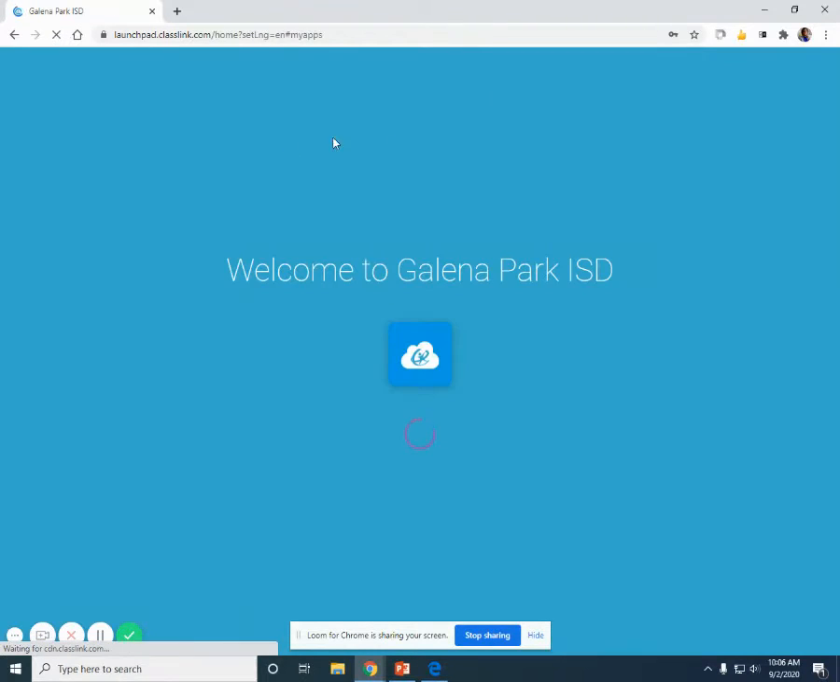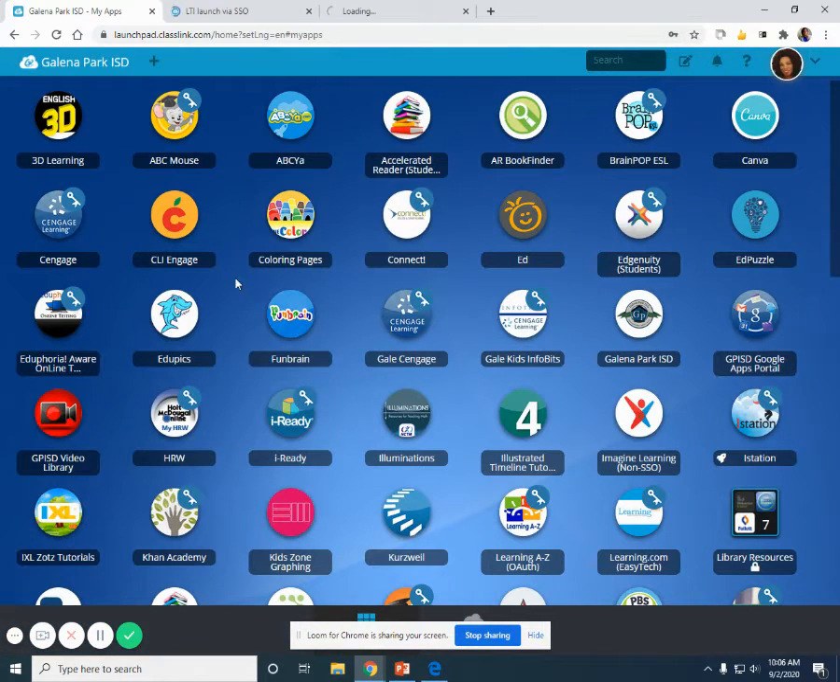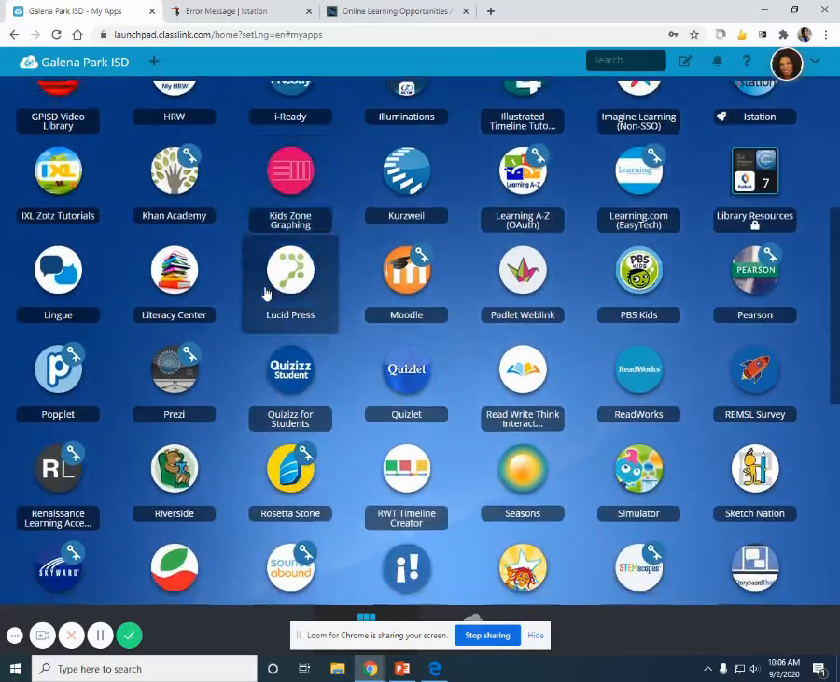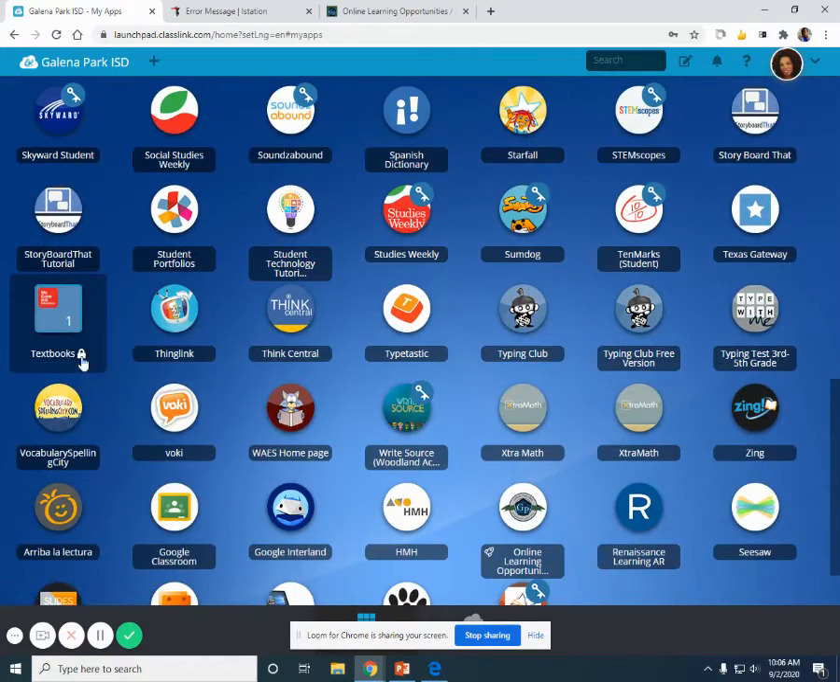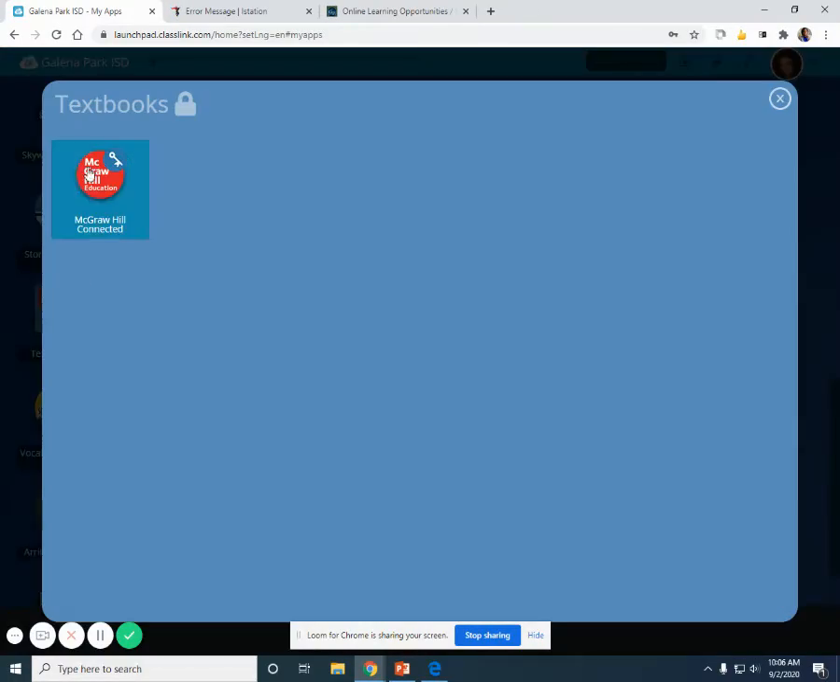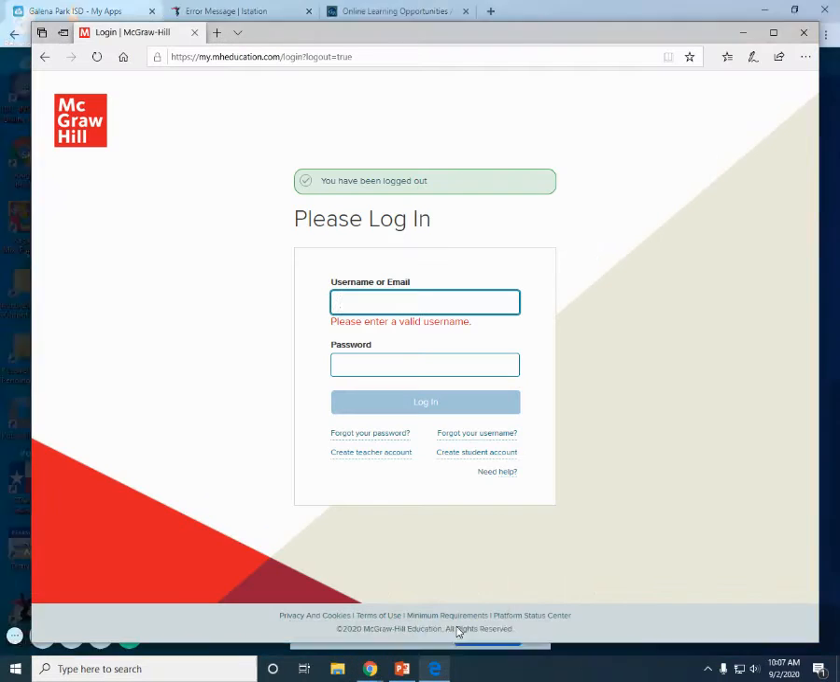Sign in. Once you're signed in, you'll scroll down to your textbook. Here's our textbook, McGraw-Hill Education. Now, in a normal situation, you'd just be able to click this and it'll take you into the account. But since we're in someone else's account, we're just going to leave this here, and then I'll show you the other way to sign